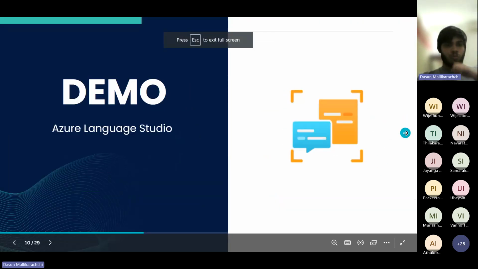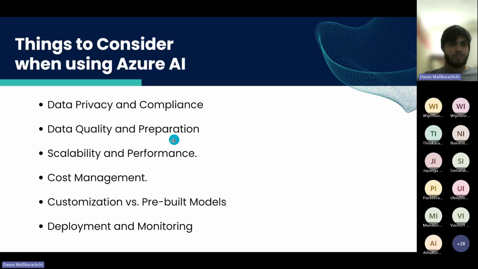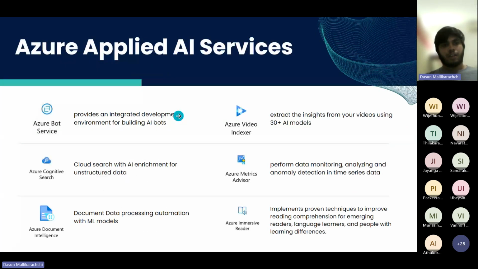Okay. Moving on. So we then move to Azure's applied AI services. So these are a bunch of services which, as I mentioned earlier, are for very specific use cases. For example, these are very specific business use cases. And first we have